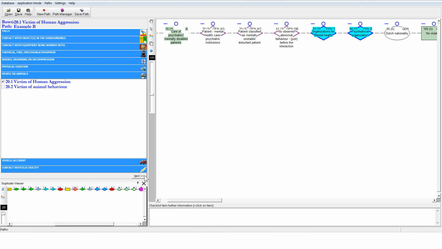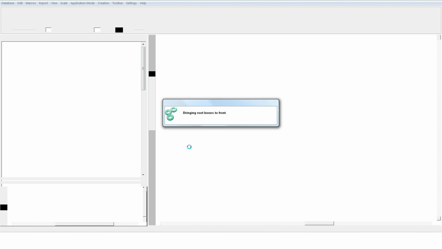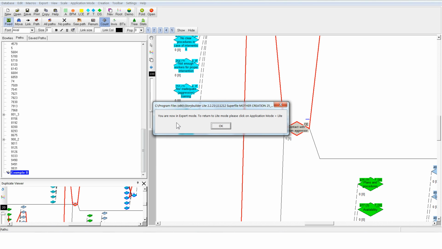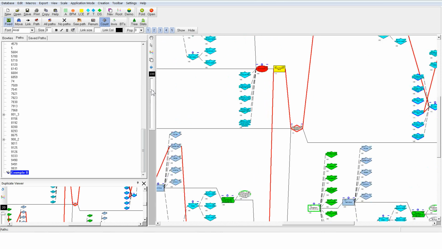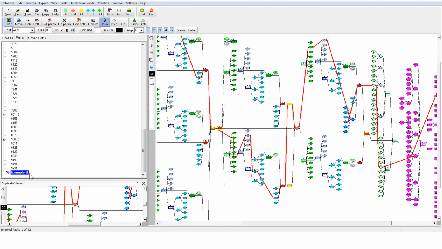Now at any point in the process, but ideally once we've finished our path, we can click View Path in Bowtie. Now this takes us back into expert mode. Remember, from expert mode you can get back into light mode by clicking the application mode menu heading and light. So now our path has been added to the bow tie and you can see it highlighted here in the